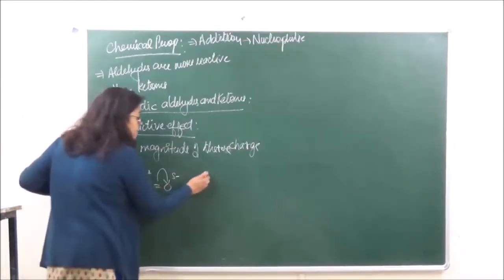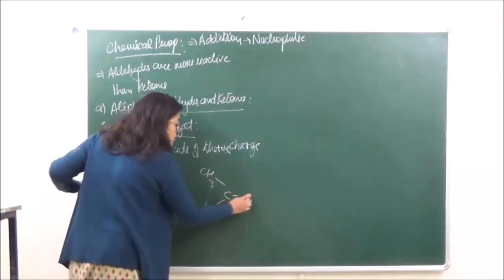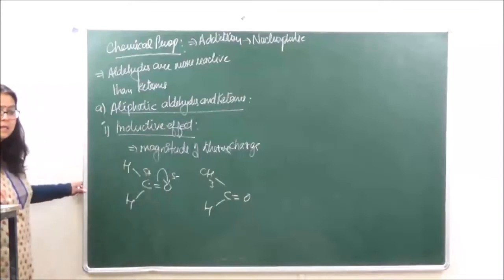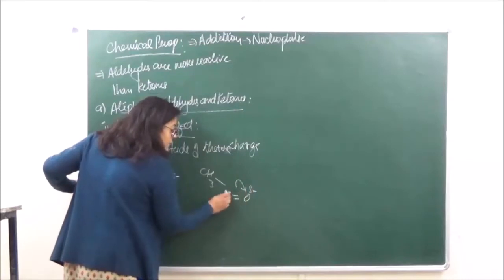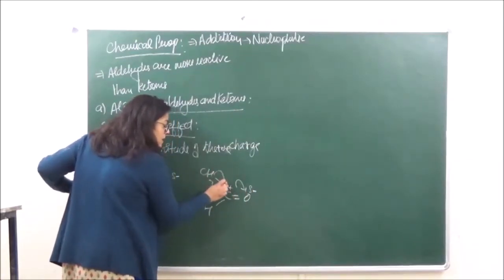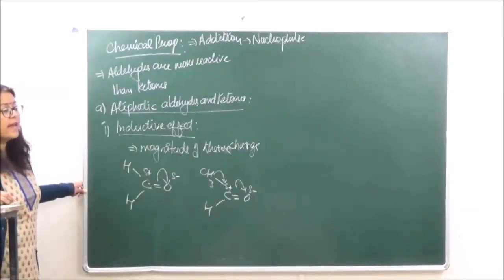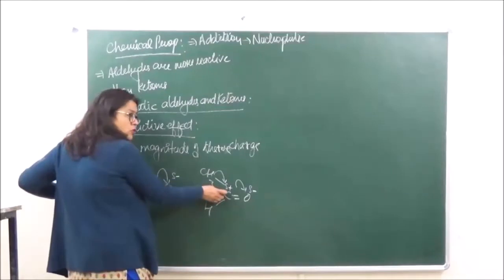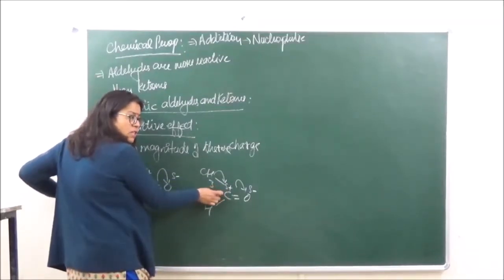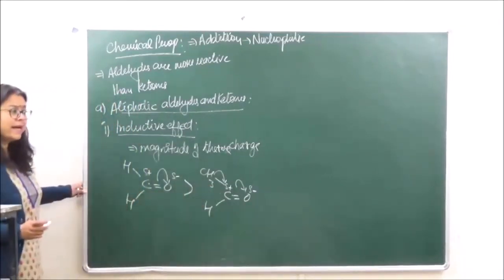But if in case we have one electron releasing group which is present as in case of aldehydes, right? So what is this going to do over here? Again, this is getting a negative charge, this is getting a positive charge. This methyl group is going to donate its electrons on the positive charge, thereby making the intensity of the positive charge lower. Okay, because if electrons are being released, so this will get neutralized. The intensity of the positive charge decreases. So this is going to show less reactivity with respect to formaldehyde.